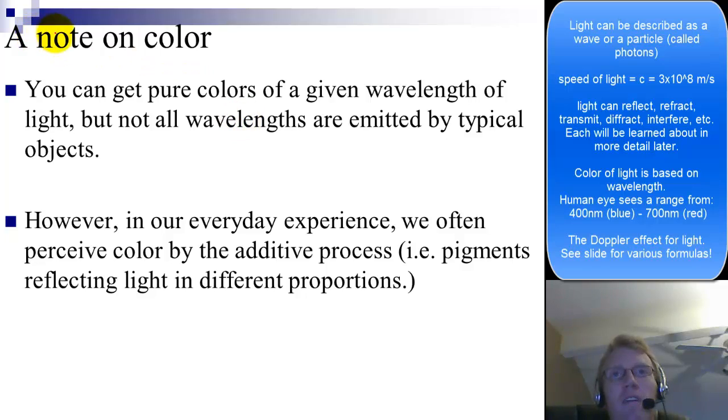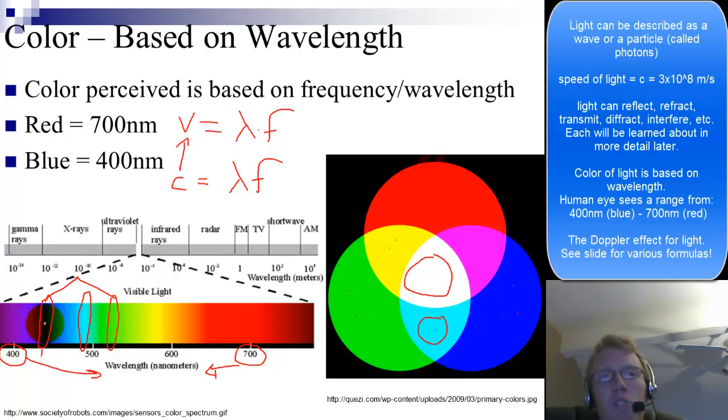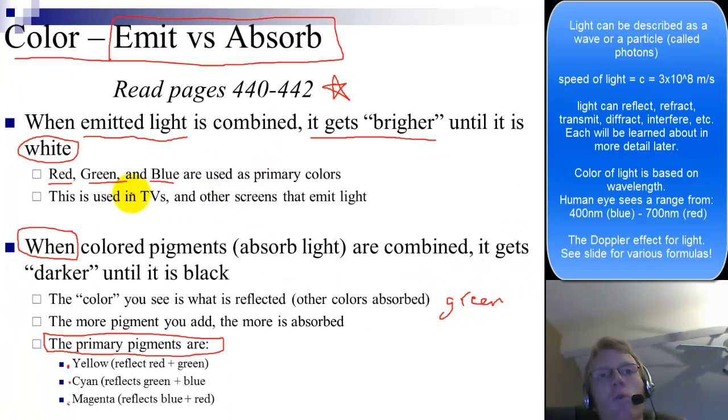Okay, so final note on color. I think I mentioned this before, but I want to emphasize it. You can get pure colors of a given wavelength of any kind of light. So in the visible spectrum, if you see red, it might actually be light that's 700. If you see orange, it might actually be light that's 600. If you see green, it might actually be light that's 530. But it also could be